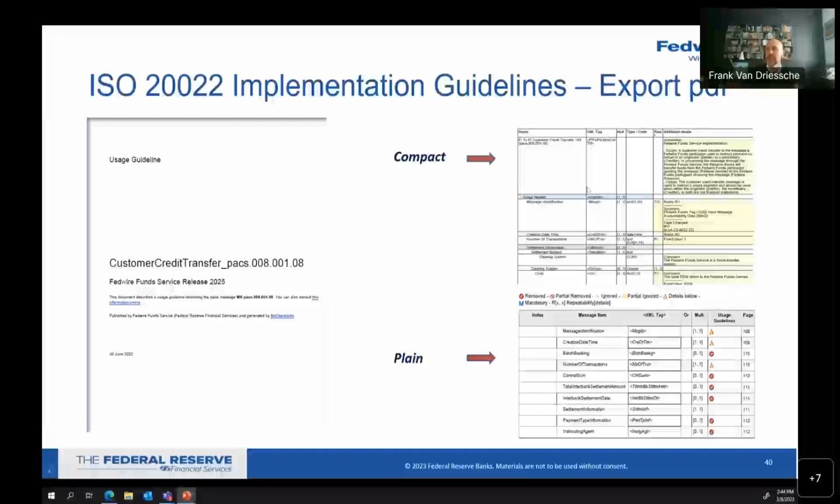That will be a nice summary of how, for the Fedwire Fund Service, you use the customer credit transfer PACS.008 message. Now, PDF is what it is. It depends a little bit on what you're looking for, but as mentioned, you're looking at a big document for